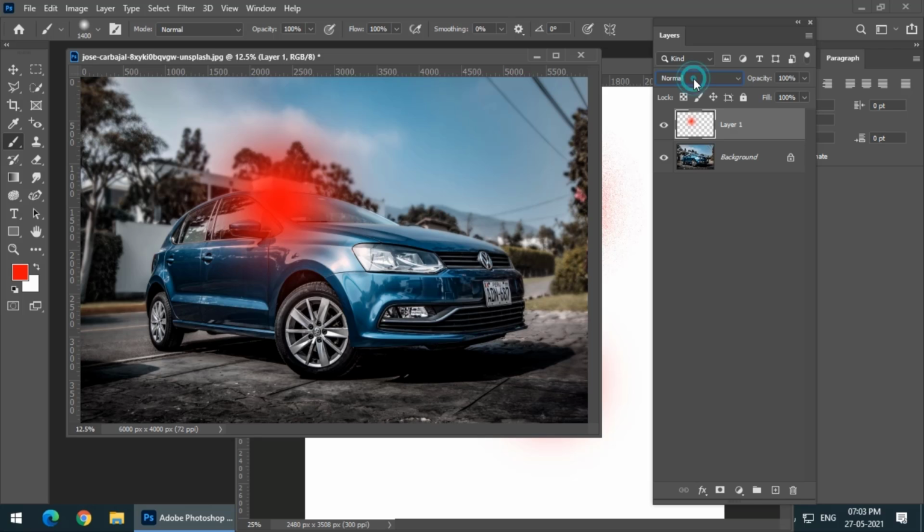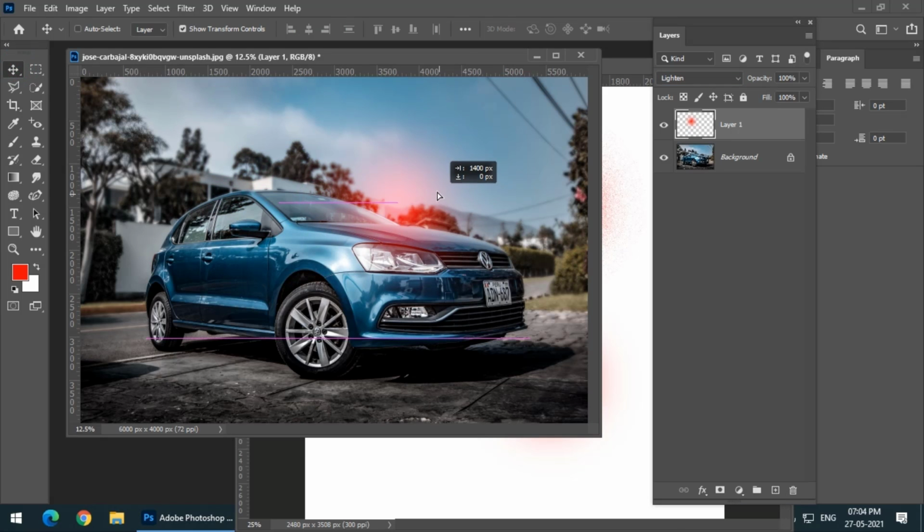So let's say if I click over here, I can simply press the down arrow key, or I can scroll my mouse button as well, not an issue. You can either scroll the mouse button or you can simply press the downward key. As you can see, as the blending mode changes, the effect also changes. So if you want a different effect, we can use this blending option from here, or you can simply choose, let's say, lighten. This is the lighten mode.